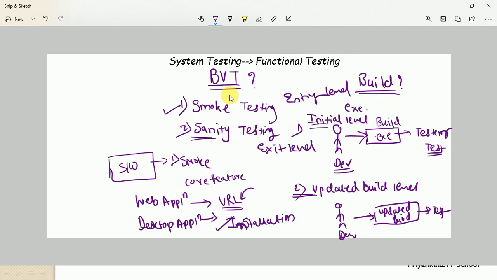But initially, whenever you have a software application, very first we should test each and every core functionality. Then and only then can we test the application in depth. That's the reason whenever we have an updated build, we go for sanity level testing. And one more point: sanity testing we call a subset of regression testing, but smoke testing we call a subset of acceptance testing.